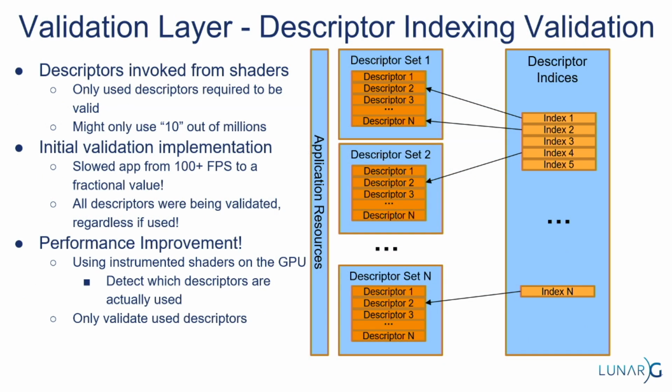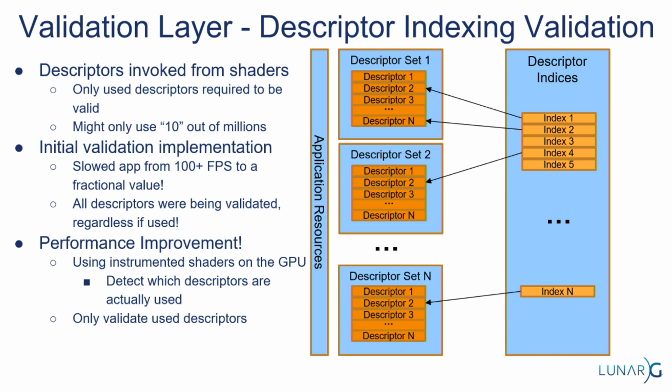This was an interesting problem we had. So in the bindless functionality of the Vulkan API, resources are accessed by shaders via objects called descriptors, which are grouped into descriptor sets. And only descriptors that are actually used by a shader invocation on the GPU are required to be valid. So a shader invocation might only use 10 descriptors out of millions that they could have had defined. We had an application, I won't name it, I bet many of you might be able to guess it,